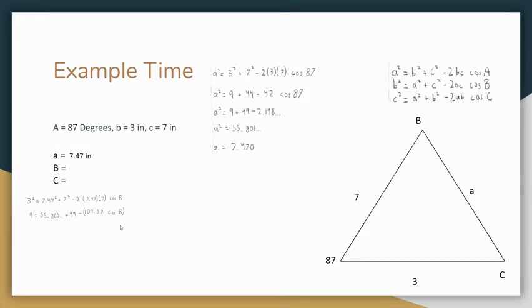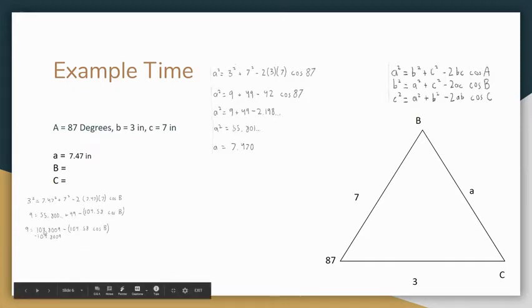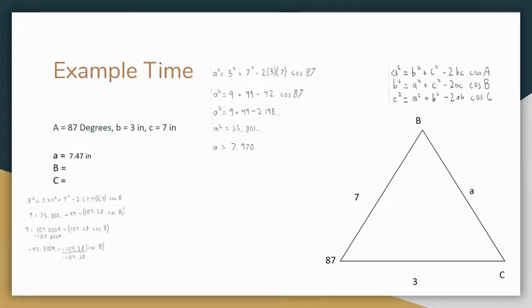This is all technically one value, so we're going to put it in parentheses just so we know not to touch it. Then we're going to add 49 and combine like terms. So you get this full 104.8009. Subtract that from both sides to get negative 95.8009. And we're going to divide by the negative 104.58, now that the value is by itself, to get 0.916... Hold the long number, take the inverse cosine, and we get that B equals